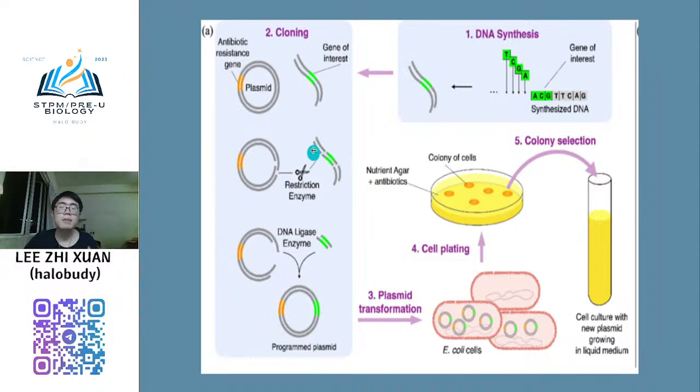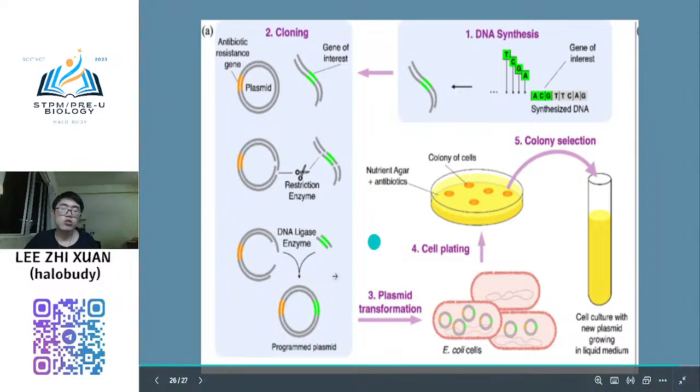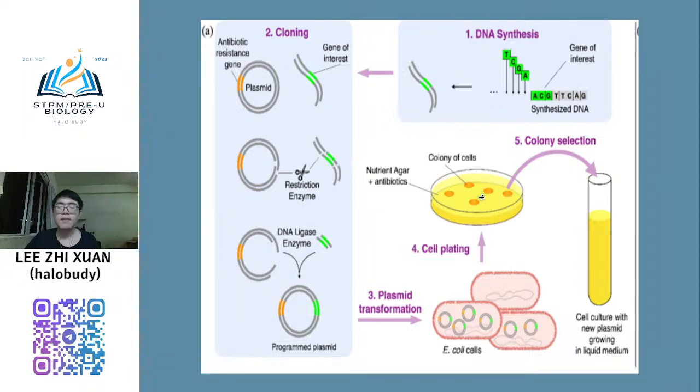So there are 5 main stages. First stage is DNA. You need to isolate DNA and then clone. And then after that you need to cut it. Second stage is cut it. Third stage is insert. Fourth stage is transform. You need to transform into the cell, and then fifth stage is the screening process. So these are all the processes.